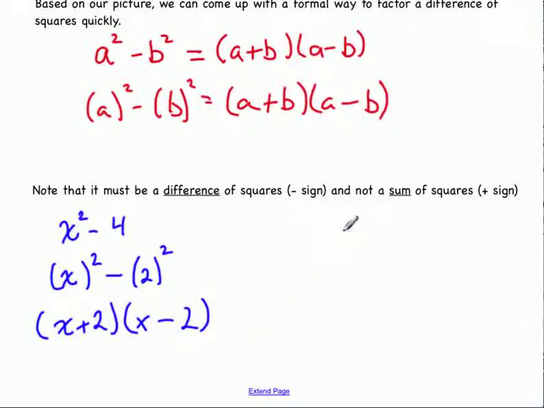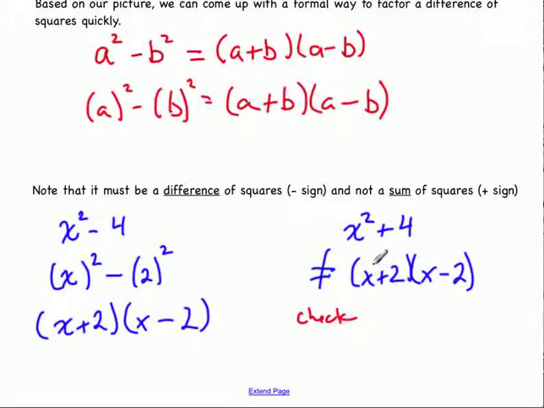That's a lot different than having x squared plus 4. This would be a sum of squares, two squares added together. This is not the same thing as (x plus 2)(x minus 2). And the plus sign is why. And we can check that